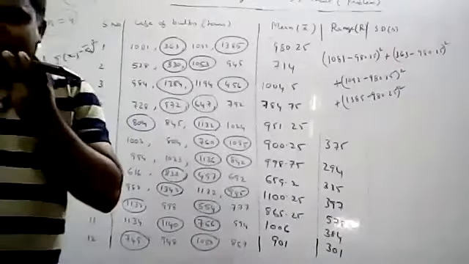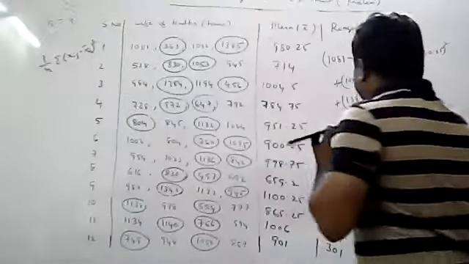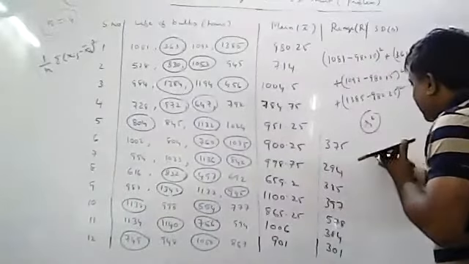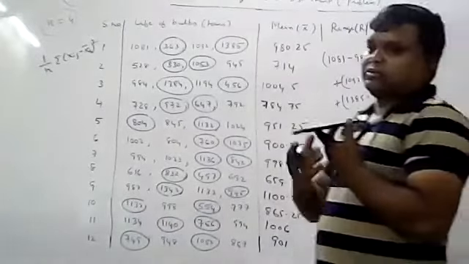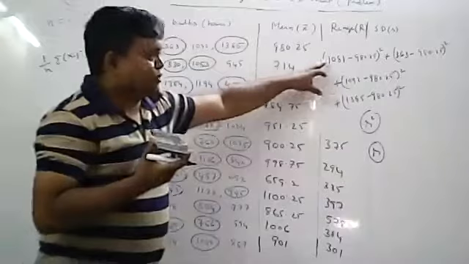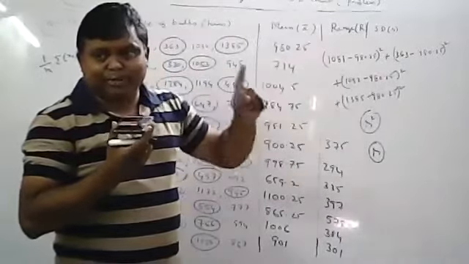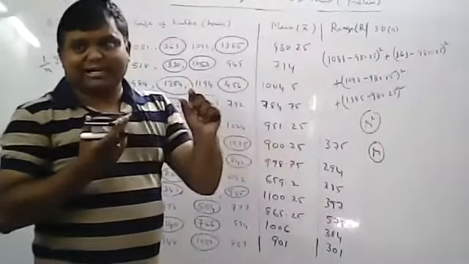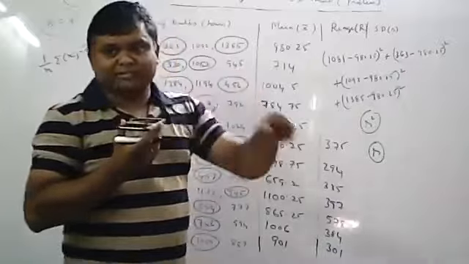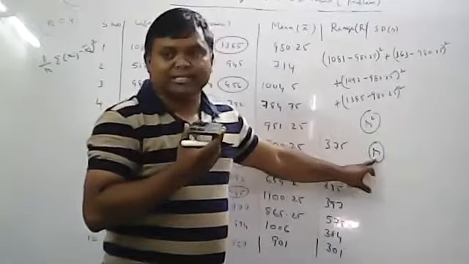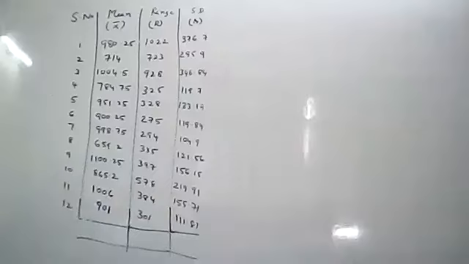And then do the square root, because you will get the s square value. The s value means you find out the root. I hope all of you understood. So first do this calculation and then divide by 4. Then you will get the s square value, and then take the root of that one. You will get the s value. Tell me only the s value.